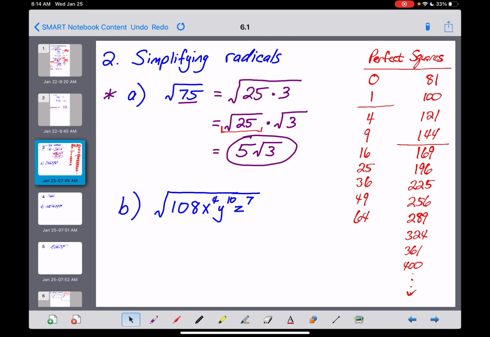So that's how you simplify a radical. Okay, now most people say, all right, that's not that bad. Then they lose their head a little bit when we get to this next one. Now we've got variables entering into the mix. Things get interesting at this point. So what are we going to do? We're going to try to split up this radicand into the product of a whole bunch of perfect squares. So the first thing we have to do is deal with the 108, which you'll notice is not in my list over here